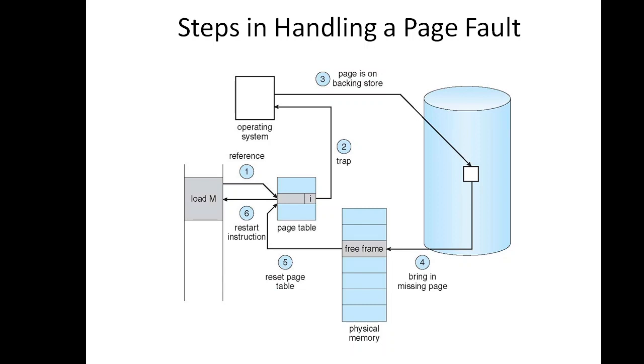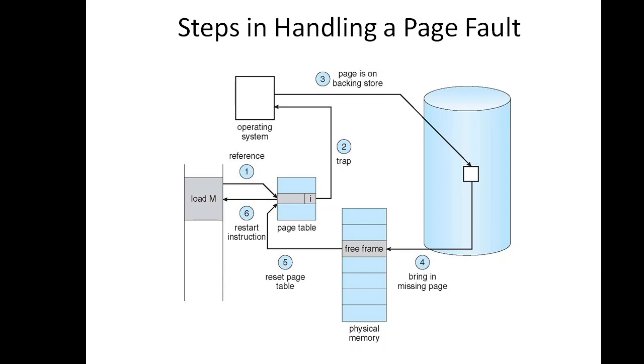It should go to the backing store to check for that particular page. That means the page is not in the memory, it is in the backing store on the disk. So that is step 3. Step 4 is what? We should find a free frame in order to bring back that missing page. Okay, so we have checked that particular page and found a free frame, and we have brought that page into the free frame. Okay, that is in the physical memory.